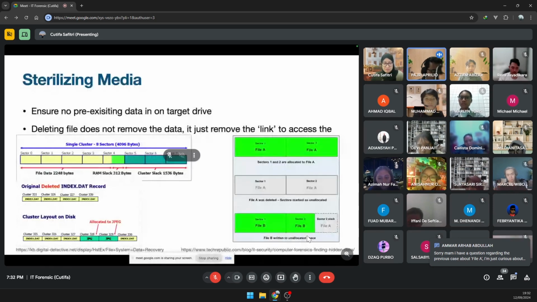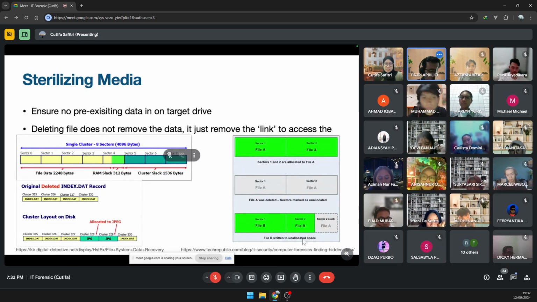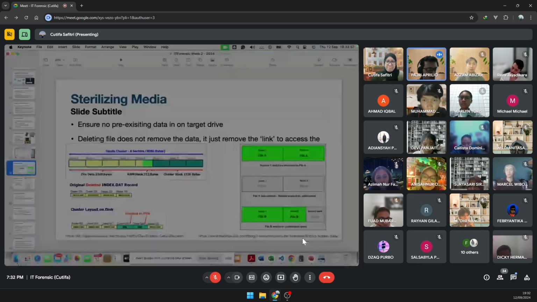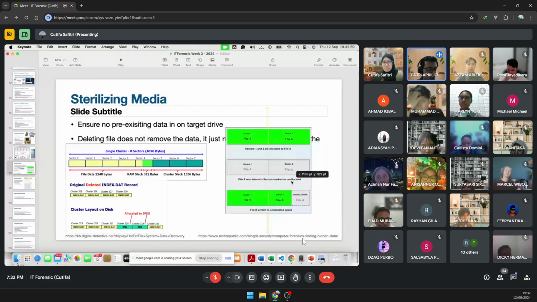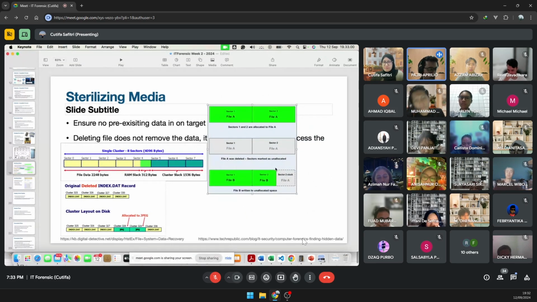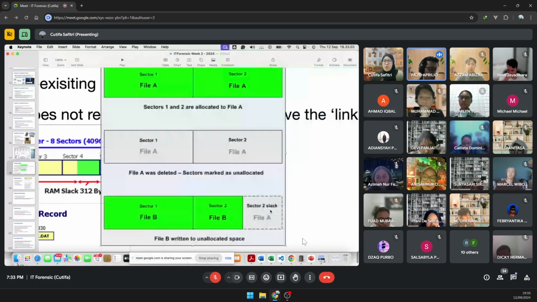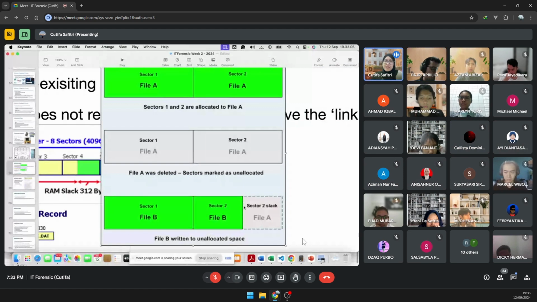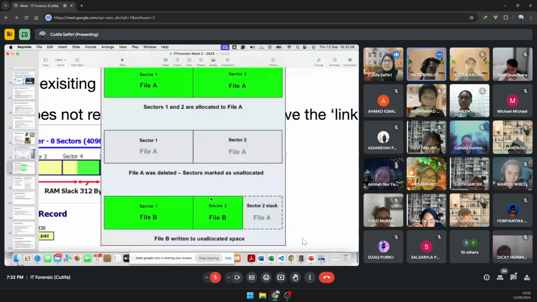I want to ask about your file B. It is sector select, right? When we add a new file, will it replace file A, or will it start from sector 3, for example? When you have a new file, it won't start here. It will start in the new sector.